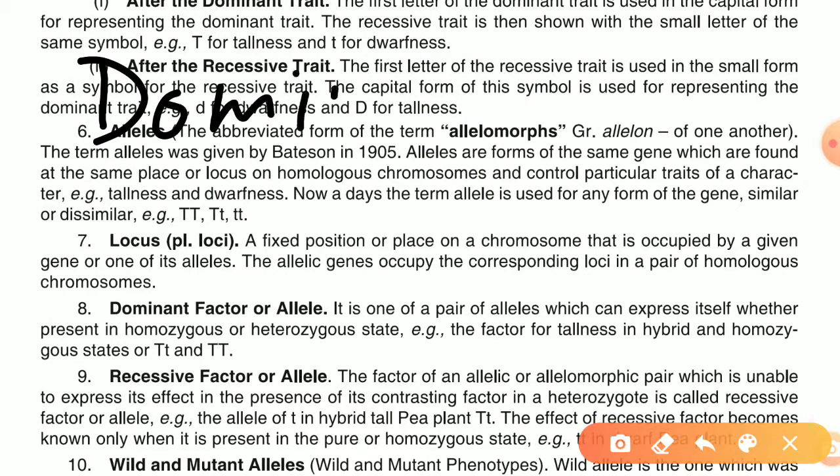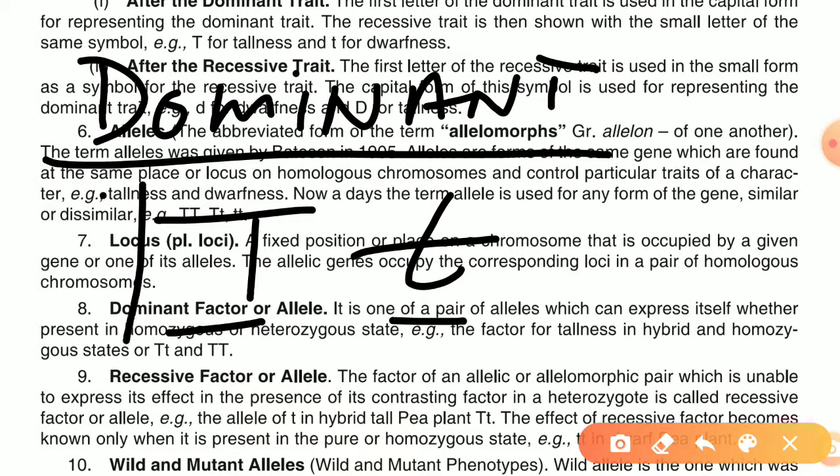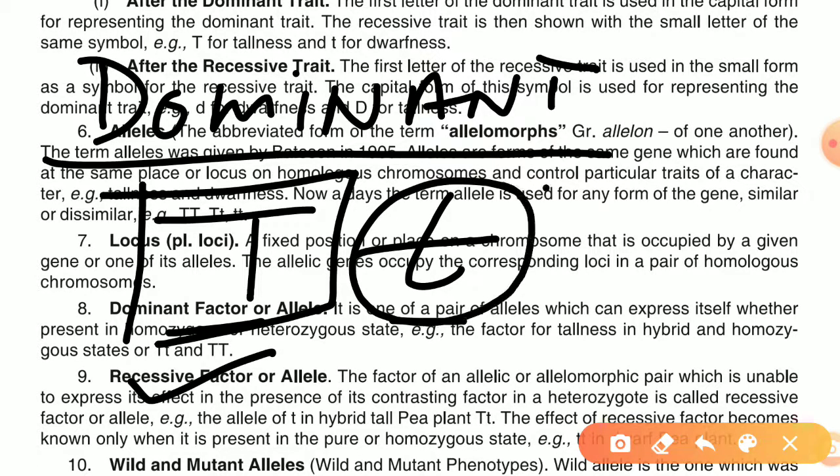सो वी कैन से दैट डोमिनेंट जीन इज द जीन which is capable, is that allele out of the two. ठीक है? allele में ही चलता है ये dominant recessive. Dominant allele is that allele which is capable to express itself. ठीक है? And does not let the other allele express itself. उसको बोलते हैं डोमिनेंट जीन, और डोमिनेंट जीन को हमेशा हम कैपिटल T से रिप्रेजेंट करते हैं, ठीक है.